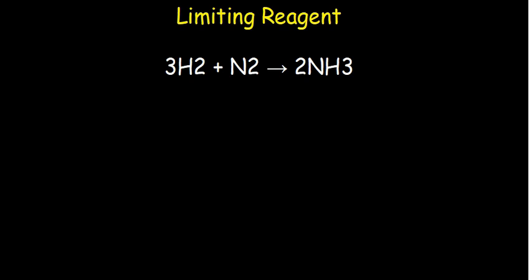If we're having a reaction between hydrogen and nitrogen, the one that is going to finish faster is what we call the limiting reagent. Why do we call it the limiting reagent? Because it is the one that is basically limiting how much of the product